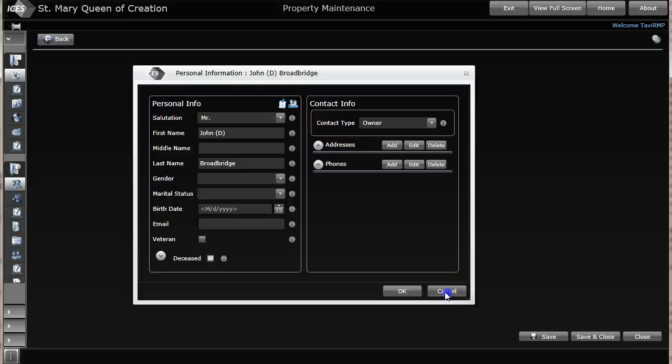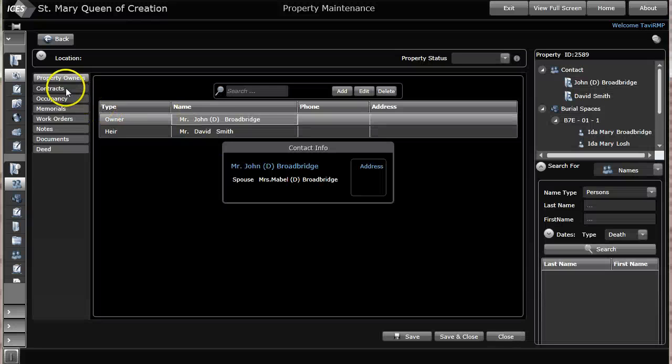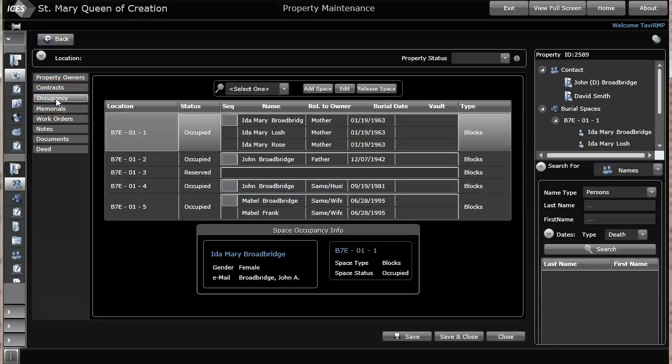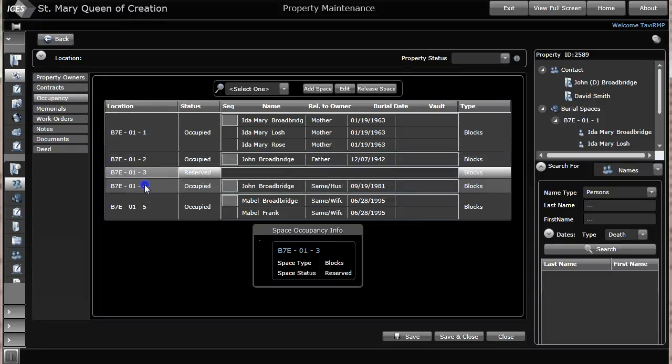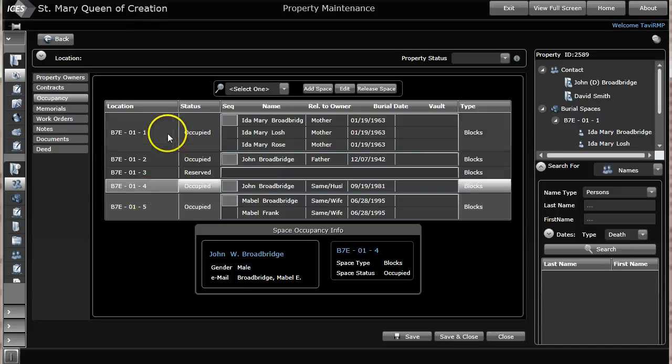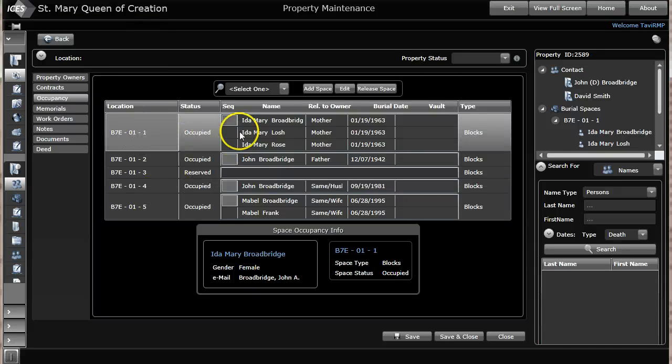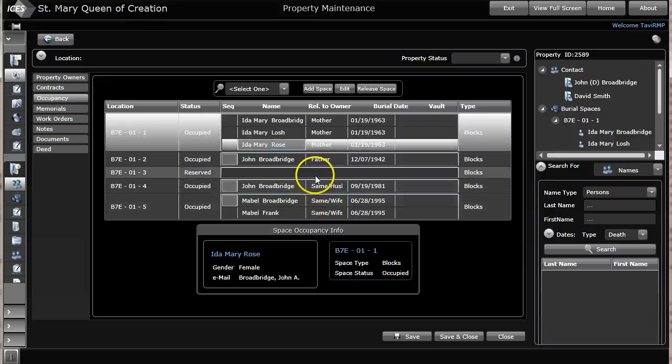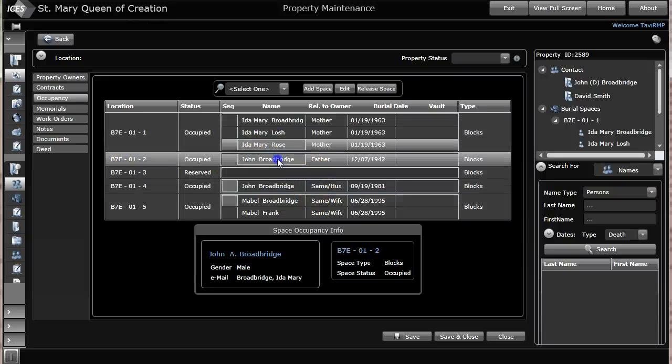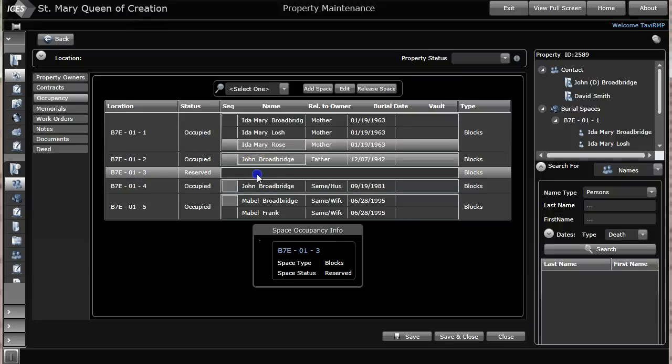We can go to the occupancy screen. We see all the graves and who's buried in each individual grave. In grave 1 we have 3 interments, grave number 2 has 1 interment, and grave number 3 is reserved. If we want to add a new interment to grave number 3, for example,